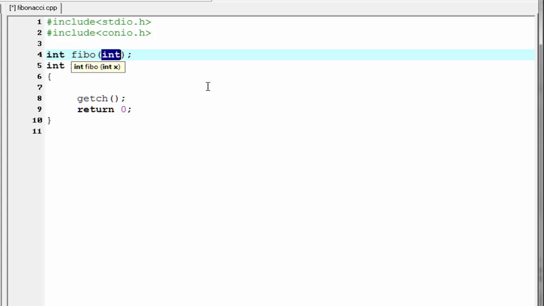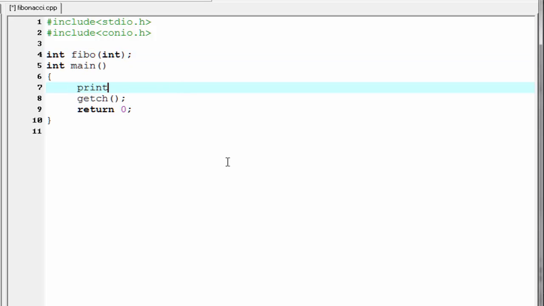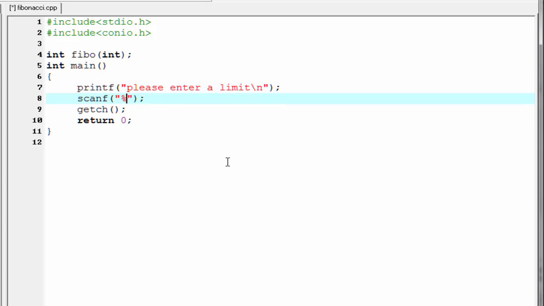Next, inside the main function we need to ask the user how many numbers they want to print. So I am gonna write here printf, "Please enter a limit", and a \n. Next we read the input number using the scanf function %d, and I am gonna store the input number in the variable n. So write here ampersand n, and we need to declare n as an integer type variable. I am gonna declare here int n,